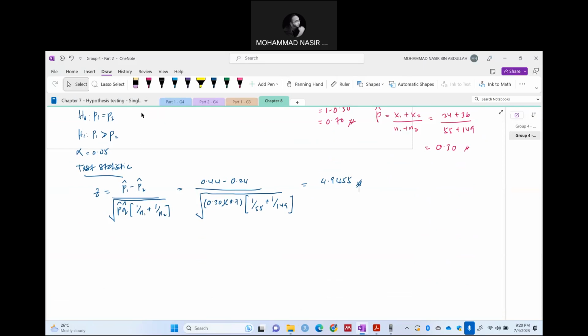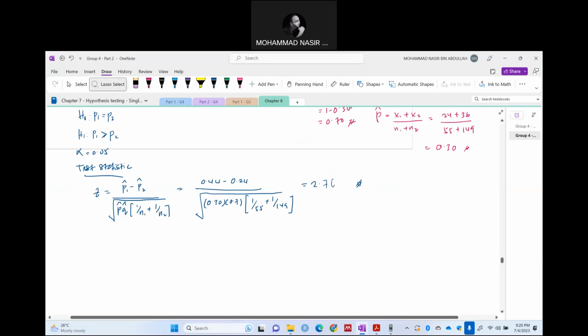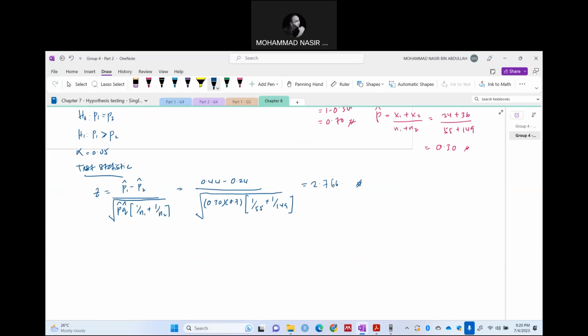Dapat berapa? Zero point 2.766. Okay? Boleh? So I just need to take note of this one, 2.766. Right, semua dapat sama kan? 2.766. So then we need to find the critical